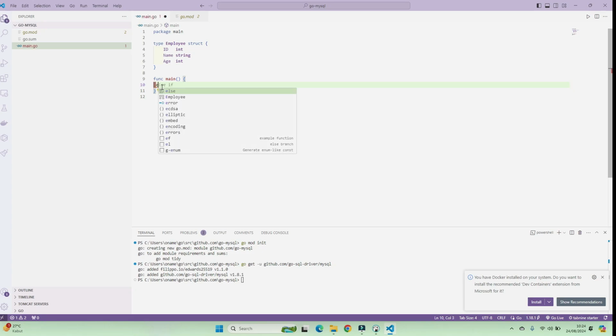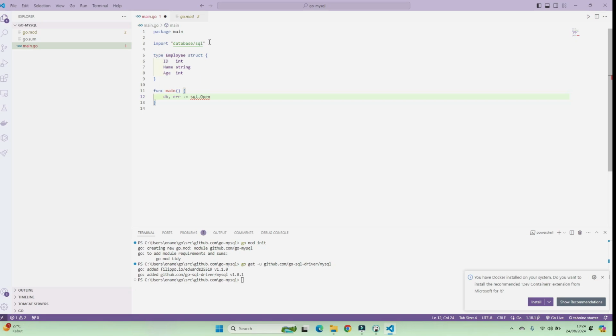So we define first db and check the error, and we need sql.Open, but there is something wrong in here, but we will fix it later, and fill it with mysql, and we need to define our username,